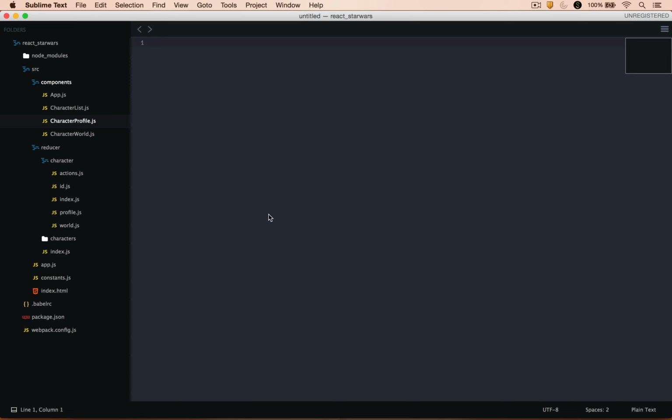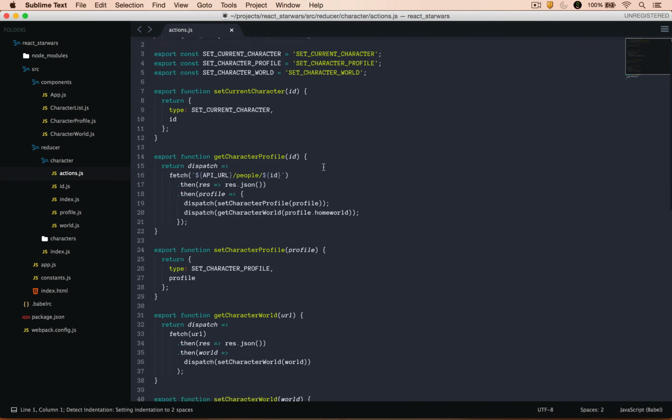So we're almost done. The last piece that we need to do is get all the movies that the character was in and put those into state. We need to go out to the API, get data about them, put them in the state, and then display them on screen correctly. We're going to display them with the title and then the year next to it in parentheses. So first things first, like usual, we're going to go into character actions, go all the way to the